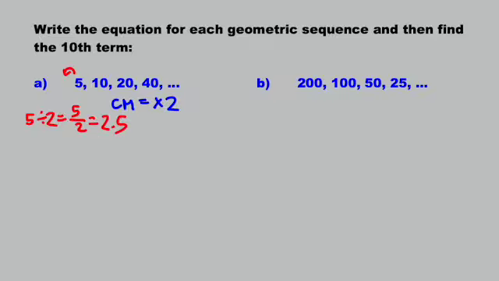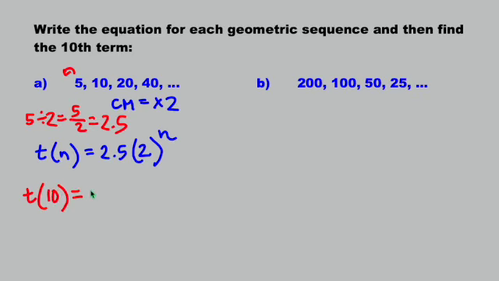So what is going to be our rule here is t of n. Since we're starting at 2.5, that's what we write first, and we're going to multiply it by our common multiplier raised to the power of n. Likewise, if I want to find the 10th term, I'm going to go 2.5 times 2 to the power of 10, and it just so happens that happens to be